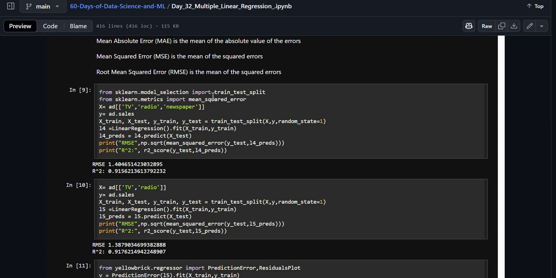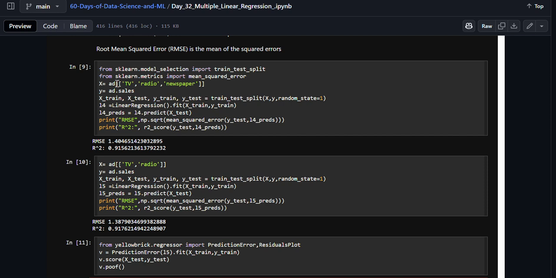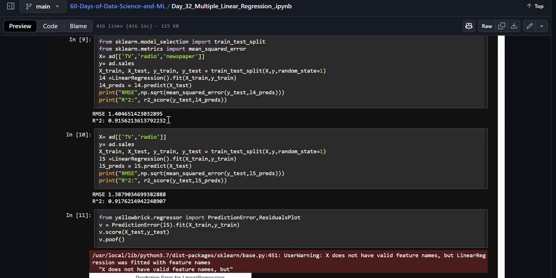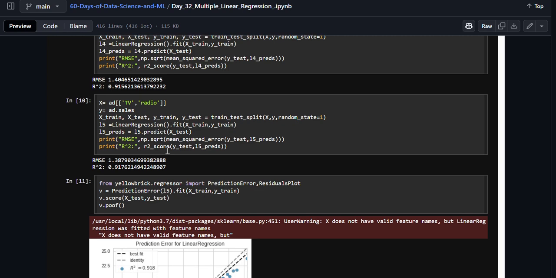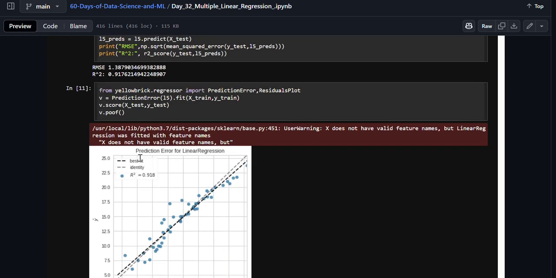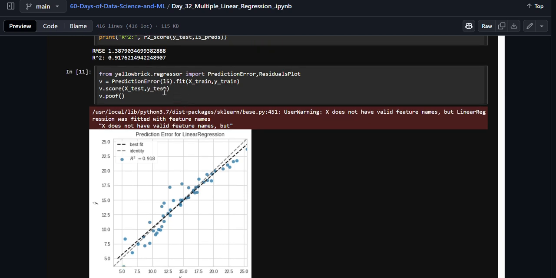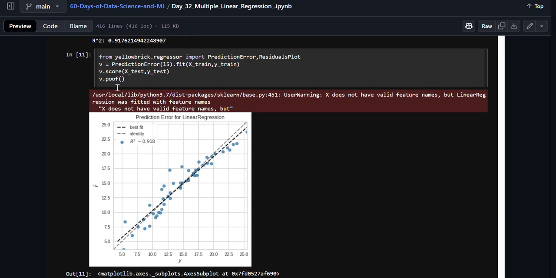Then we have this model selection with train_test_split, metrics with mean squared error. We have our X and y, train, test, data, linear regression data. We have predictions, and then we have this RMSE score here. And then we have linear regression and predictions. And then this is kind of what we get for RMSE and R squared. I don't know what the Yellowbrick regressor is, but it's importing prediction error and a residuals plot. And then you do that prediction error with the fit, and you have